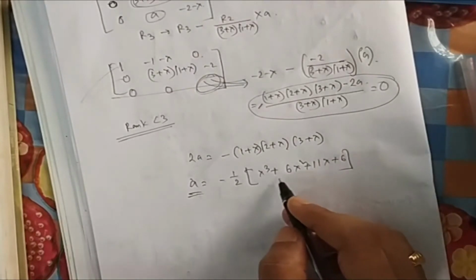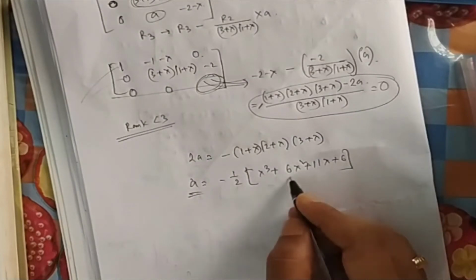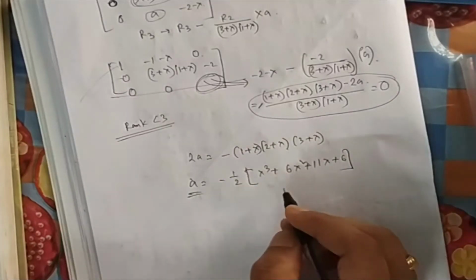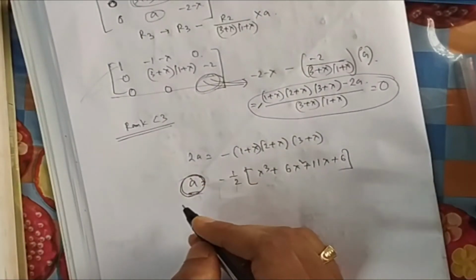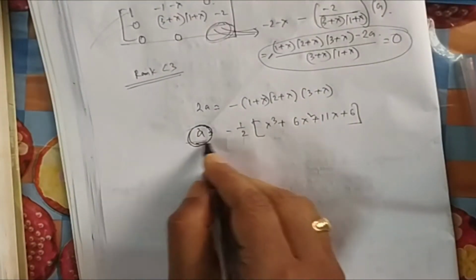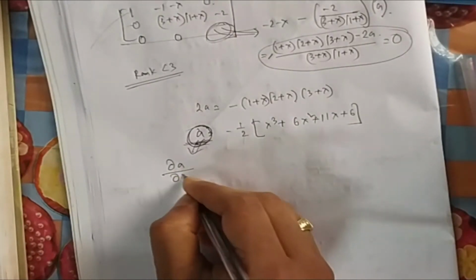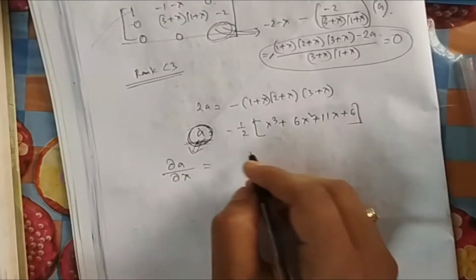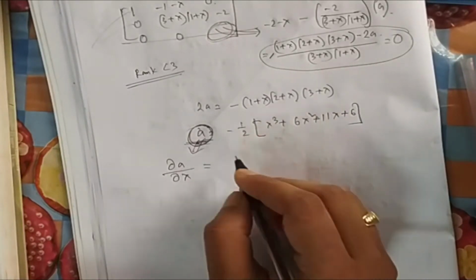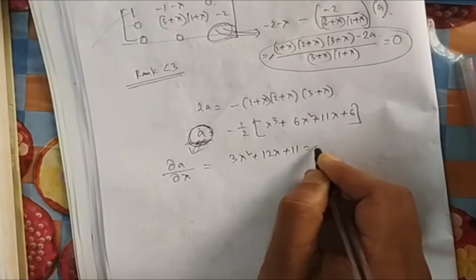Again, it is not a quadratic equation that you can make into a perfect square, like the last question. So what you can do here is use the concept of differentiation for the maximum value. You can remember maxima and minima. To find maxima and minima, we differentiate with respect to lambda, then make it 0. Because I am making it 0, I am not considering that minus half. So it will be 3 lambda square plus 12 lambda plus 11 equal to 0.